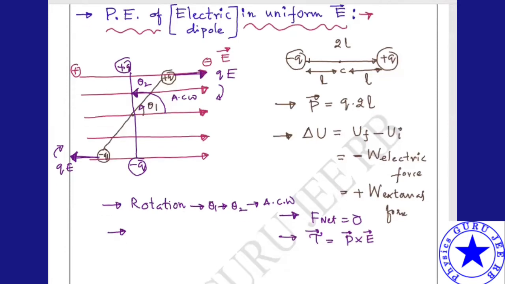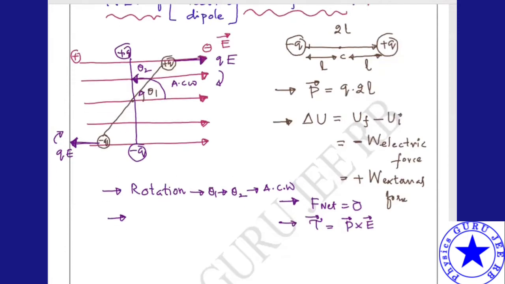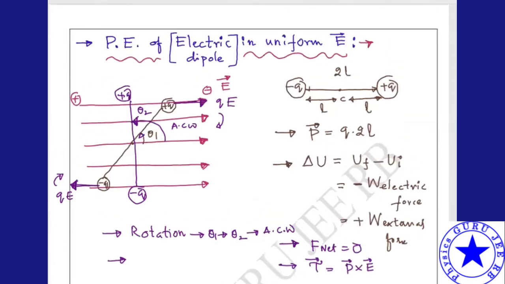Now, I'm rotating from theta 1 to theta 2. What I did is I applied work done in rotating from theta 1 to theta 2. I rotated it by the external force. If I want work done, the force is uniform. Is it a constant force or a variable force? Okay. Now let me take work done here. So finally, my ultimate aim is to find work done.